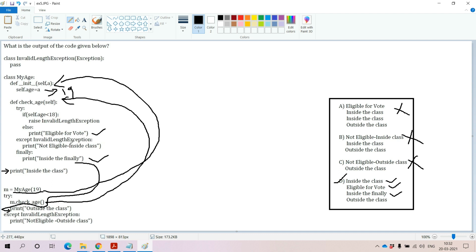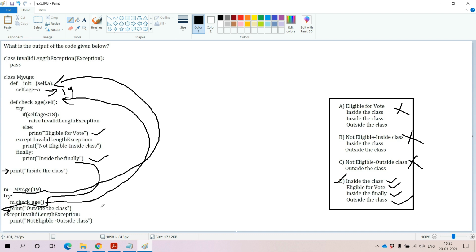Normal flow of execution happened. Due to that reason, there is no exception with respect to the try block that we have provided outside of the class myAge. So the message that we are getting here is outside the class. That is the fourth message, and we are not executing the except block, because there is no exception raised in this try block. Finally, the output is inside the class, eligible for the vote, inside the finally, outside the class.